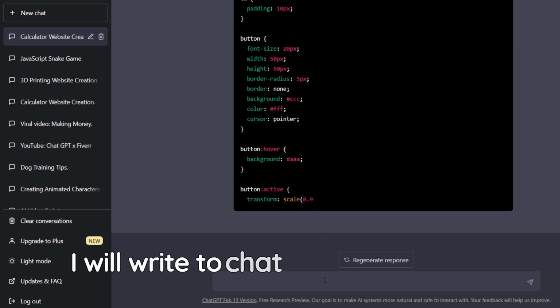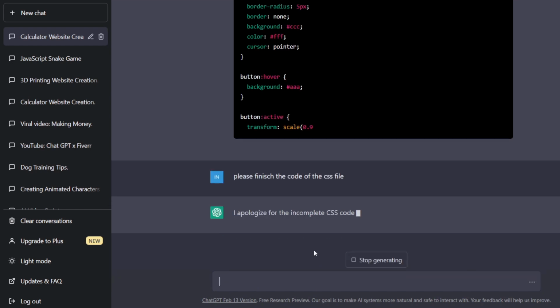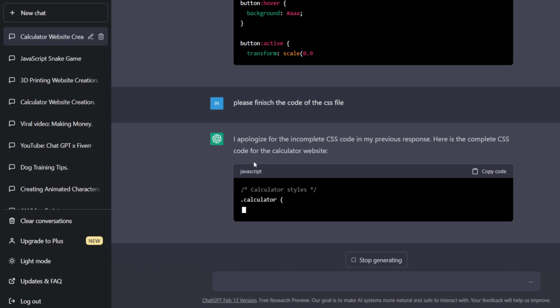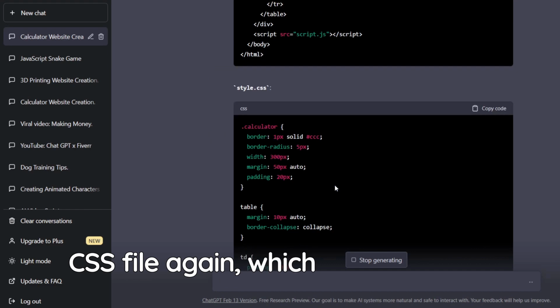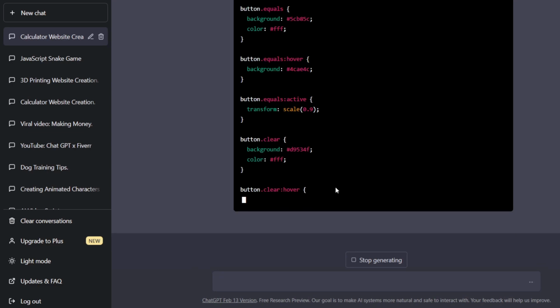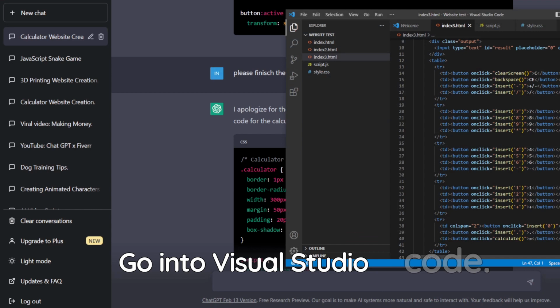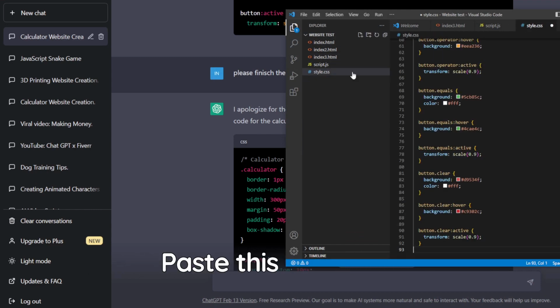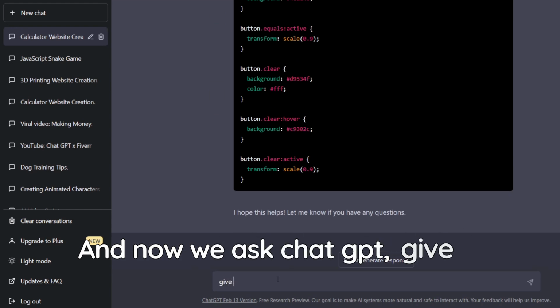So I will write to ChatGPT, please finish the code of the CSS file. As you can see, it also apologizes to us. So here it now writes us the entire CSS file again, which we have here. So now it's finished, and we can copy this one again, go into Visual Studio Code, go into our style CSS file, paste this one here, save this file, and now we ask ChatGPT,